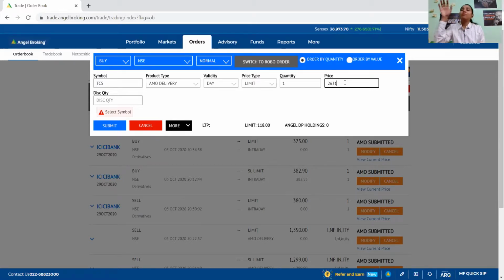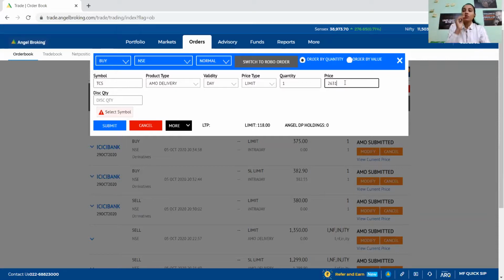It will not be pending, pending, pending. In intraday, if you are watching the charts and the trade has to be executed immediately, you have to do it the smart way. For a buy, enter immediately one price above. Suppose this is a 2000 rupee stock, so I am placing it 1 rupee above. For a 100 rupee stock, don't do this foolishness, people. You don't have to place 1 rupee above. For 100 rupees, 100.10 paisa will be good enough, because for a 100 rupee stock, 5 paisa is very, very important. So if the price is 100, you can just buy at 100.05 or 100.10.